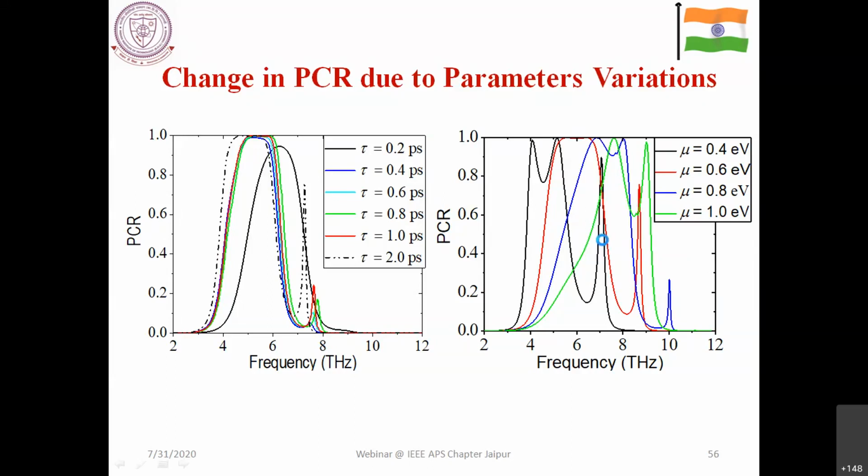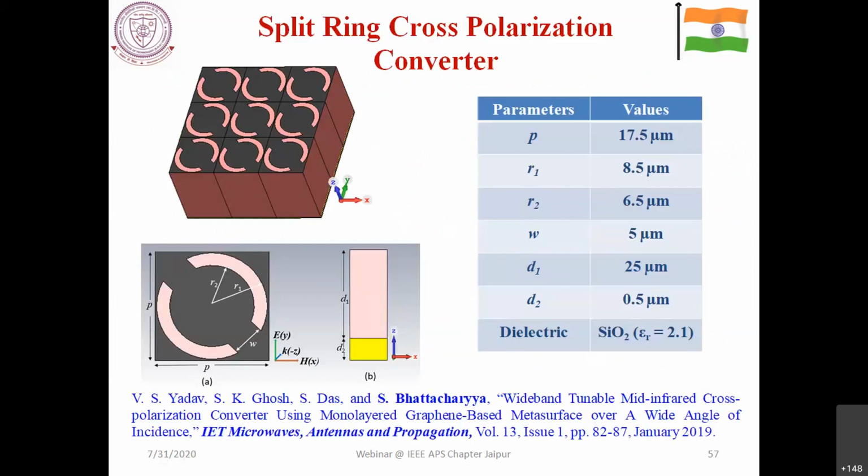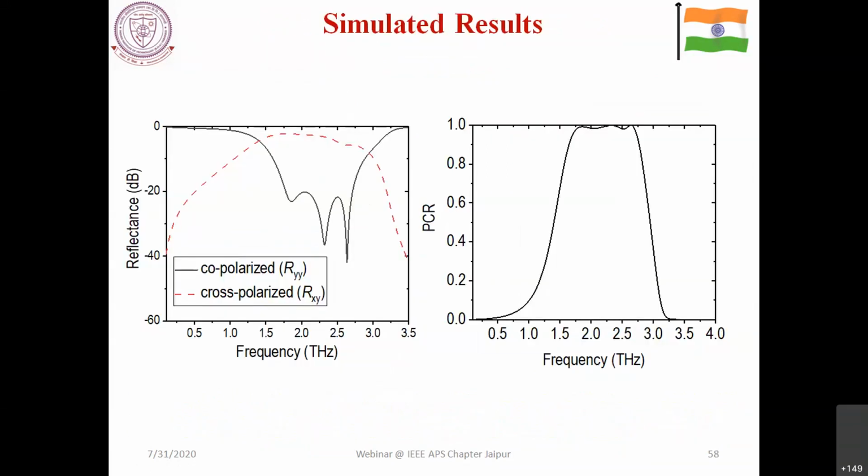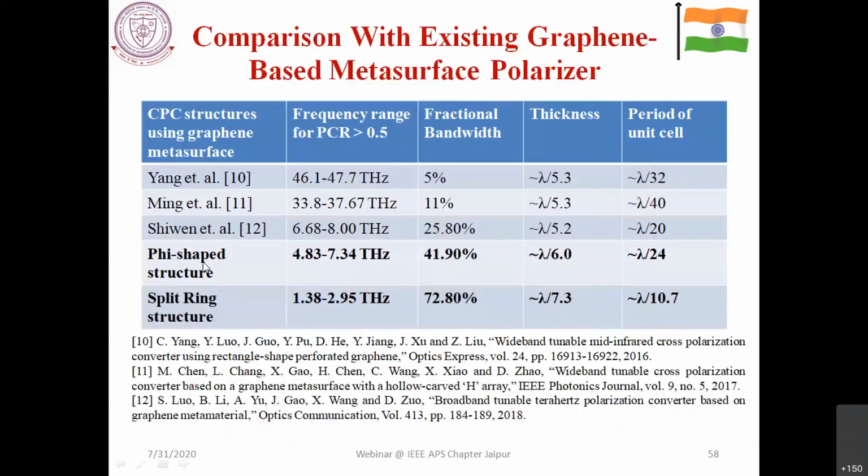And again, you can have the other way around also. If you have a metal plane at the top, then from the graphene layer at the top you cut out these kinds of slots, and again you invoke some kind of polarization conversion structure. What you can see over here is that you are getting a near unity response. You can see in this plot that you get a near unity response in this band. And how efficient it is, you can see for both structures.